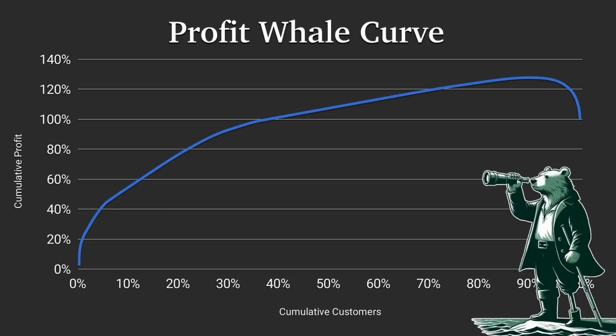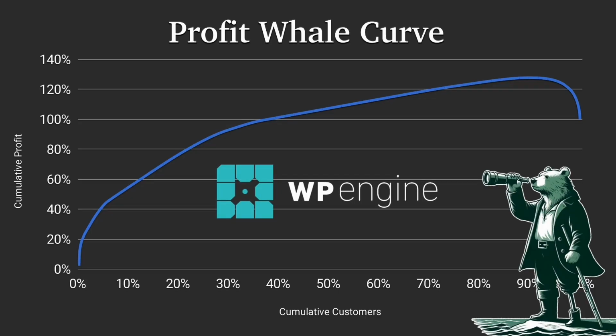And this example here is real data. This is the curve that I computed back in 2012 for my company, WP Engine. You're looking at real data from almost 10,000 customers at a company that's now today worth billions of dollars. And we use this curve to do some smart things, which I'm going to show you.